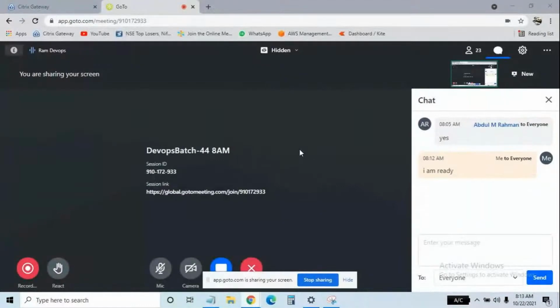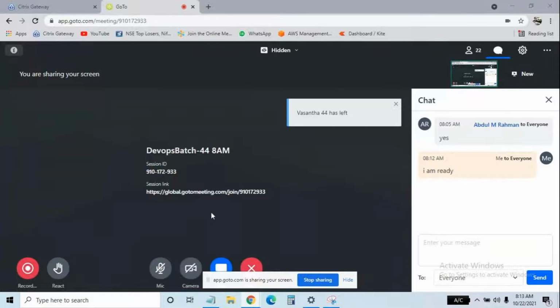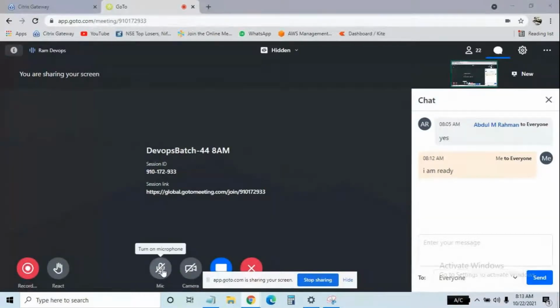Now you can share your screen. We are able to see your screen.